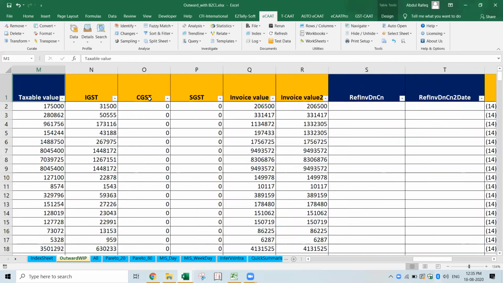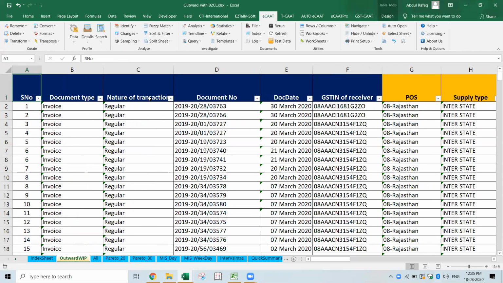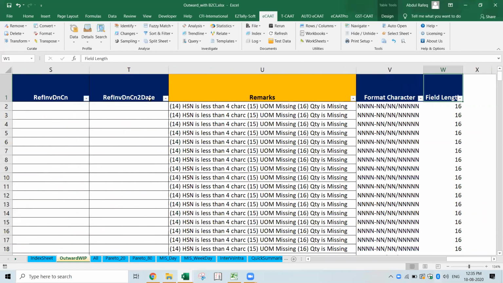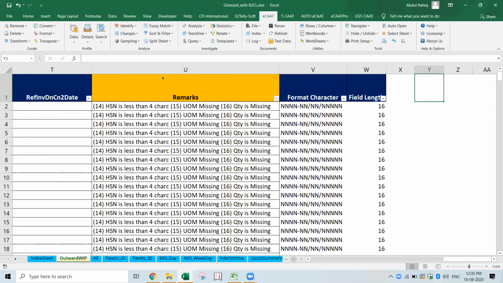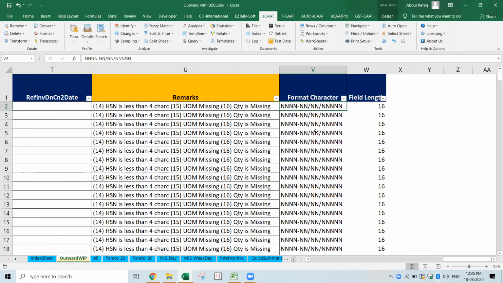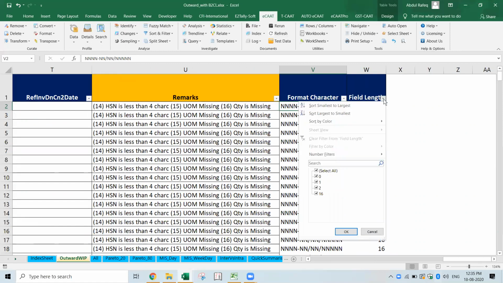Now first thing, let me show in this itself. One of the things you wanted to know is, can I identify the format? See here, I've done this in this result only. For the GST, and for one particular thing, I've done the identify format. Based on that, I was able to know what the format is. It gives me the format: this is numeric, and after that, what is the total length?